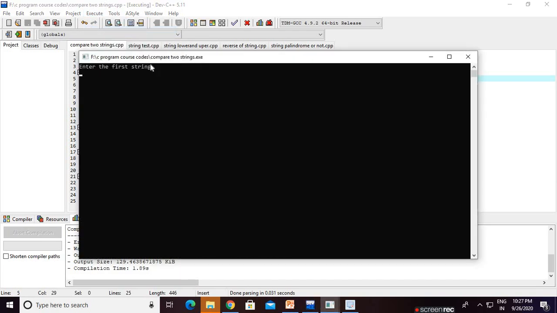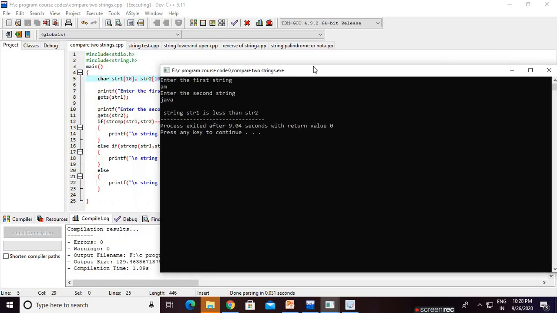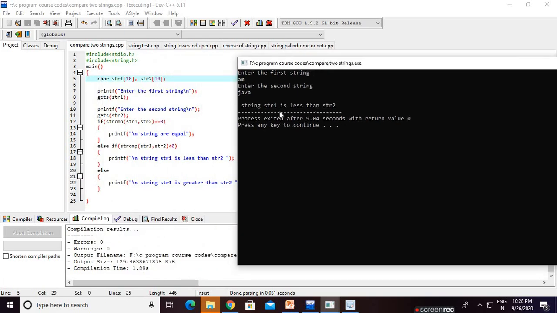Enter the first string, for example, am. We enter Java. Obviously str1 is less, so a negative value is printed. That means str1 is less than str2.